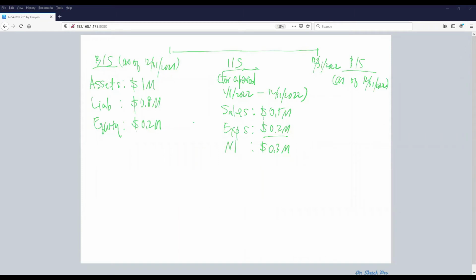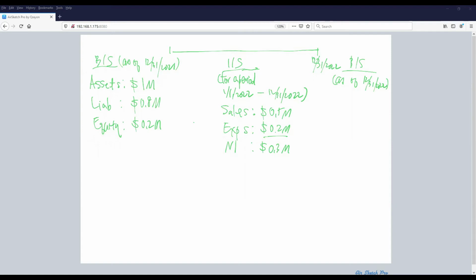Did you have $100? That money should stay there when you wake up this morning, right? The ending balance of your cash at the end of yesterday should be the same as beginning balance of your cash this morning, today, right? So this is the same as beginning balance of assets, equity, and liability at the beginning of 2022,